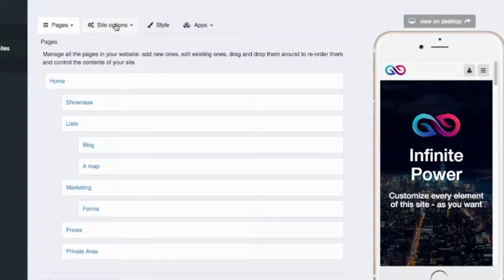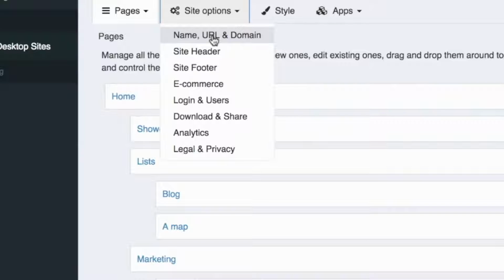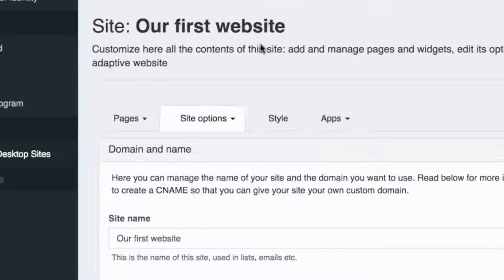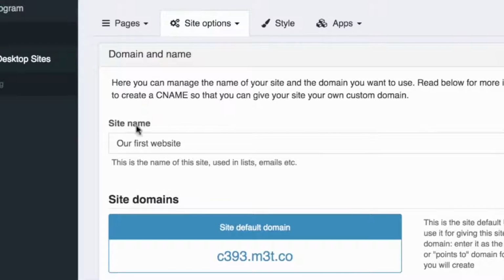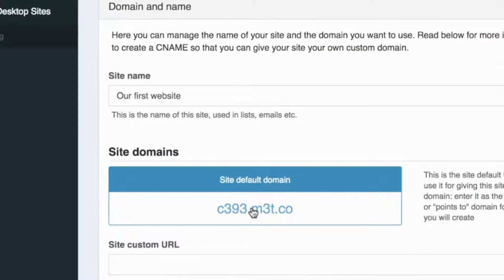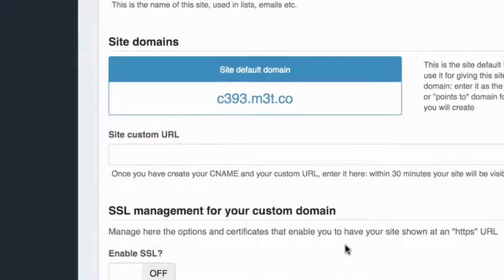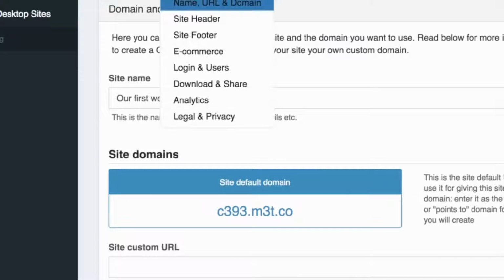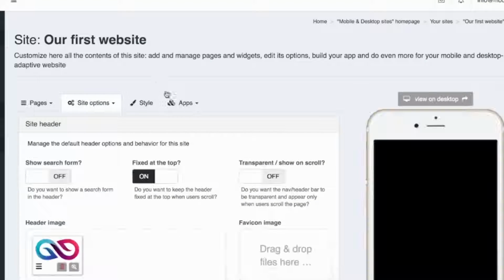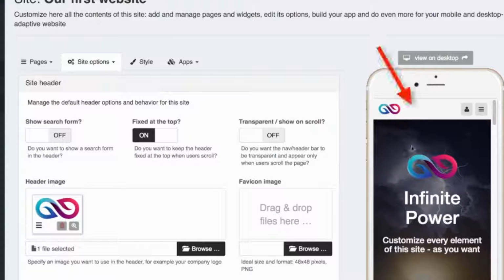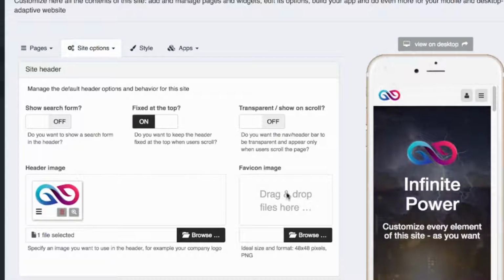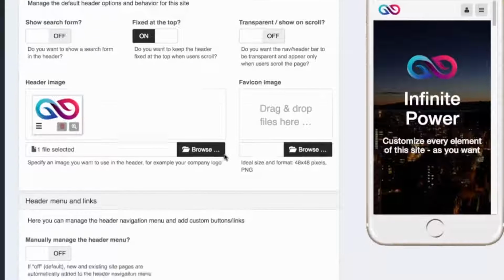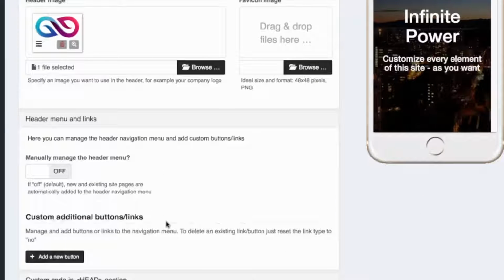For example, we can start customizing the site options like the site name, the custom URL and custom domain we want to use, and get the default domain for this website, or the SSL options and files. Then we can change the site header and customize the way it looks, which is that section right there. For example, like changing the header image or adding a favicon, which is shown in tabs in browsers,